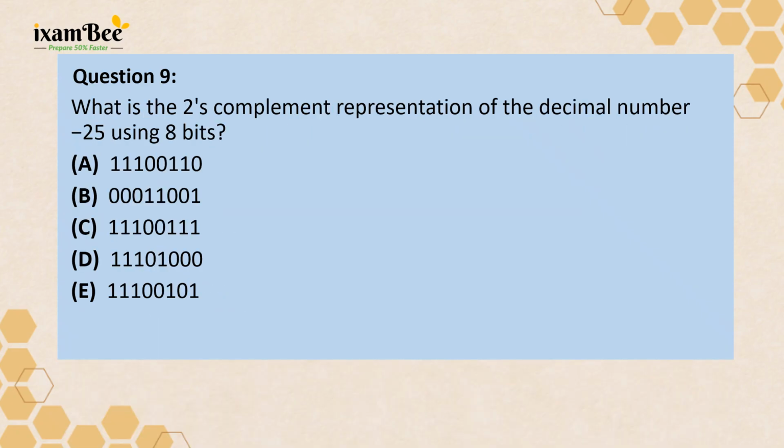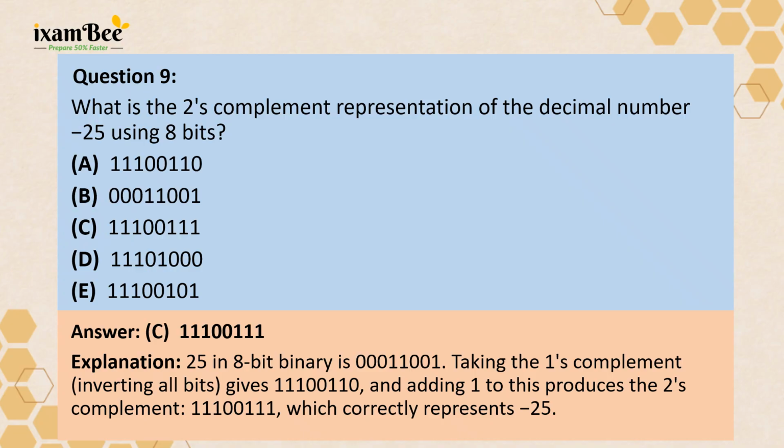Next we have: what is the 2's complement representation of the decimal number minus 25 using 8 bits? The correct answer here is option C, which is 11100111. Let's build this up step by step. First, write 25 in plain 8-bit binary. That's